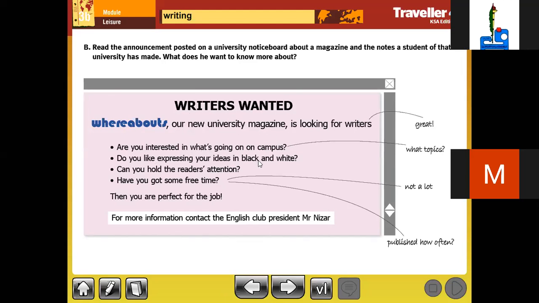Are you interested in what's going on campus? The topics will be about the campus. Do you like expressing your ideas in black and white? The magazine is printed in black and white. In black and white means for writing or print. يعني مطبوعة بالأبيض والأسود. Campus, the word campus, the buildings of a university or college اللي هي مباني الجامعة. Can you hold the reader's attention? هل تستطيع جذب انتباه القارئ؟